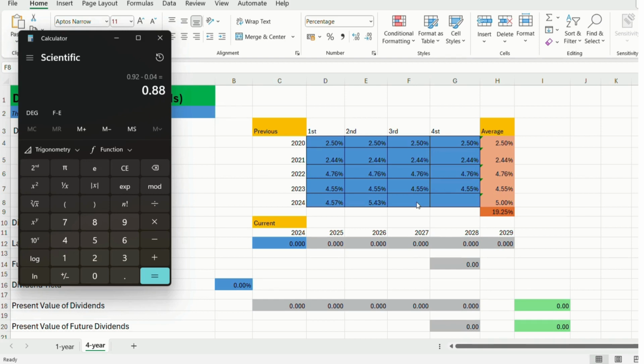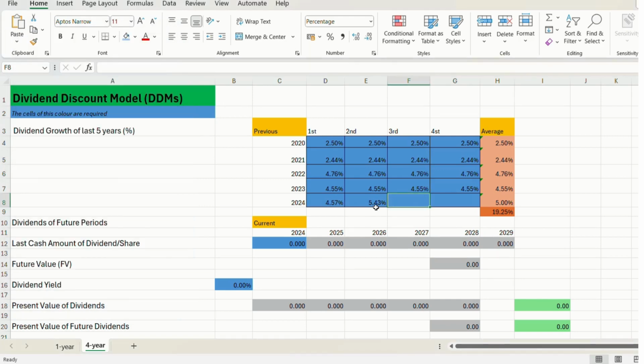Okay, so I would like to write here exactly the same number, 5.73, or even you can write here 5%. For example, maybe something like that can happen in 2024. Maybe some losses, maybe they would like to reinvest the money, maybe they didn't want to provide so much for a dividend for the shareholders. Everything can happen. Okay, so I would like to be a little bit strict and put just 5%,